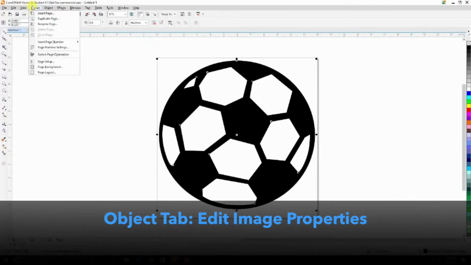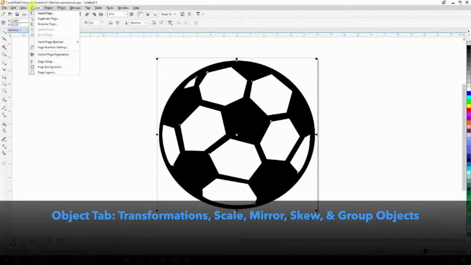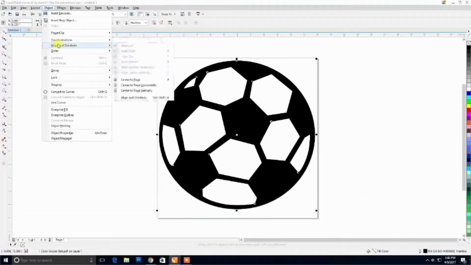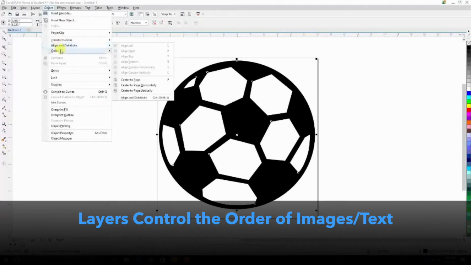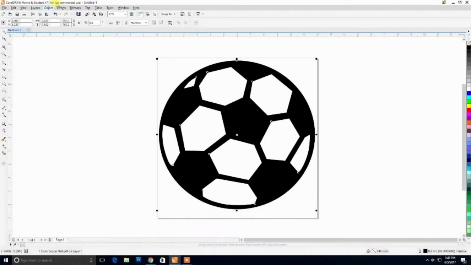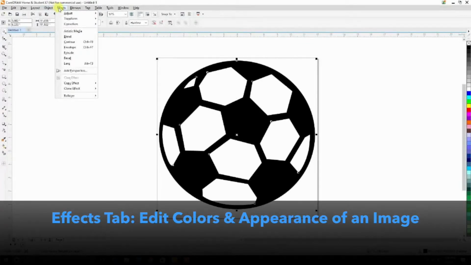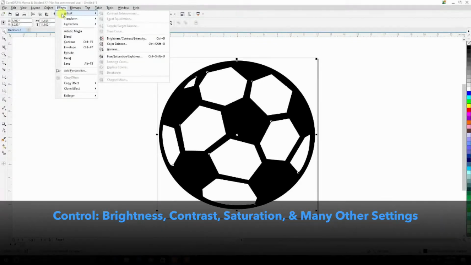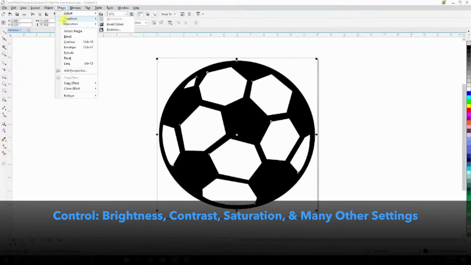Next, we have the object, which is where you can do many different things to your actual image, such as transformations, scale, mirror, skew, and even group objects or ungroup objects, just like you could when you right-clicked onto the image. Again, these transformations are what allow you to really manipulate the artwork and even layer what is on top of the other. Within the effects, you kind of can do everything you can do within the adjustments of Photoshop, as in you can add brightness and contrast, hue, saturation, and many other different tools to change the way that